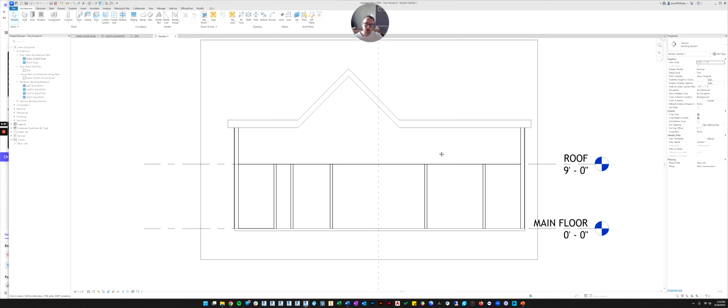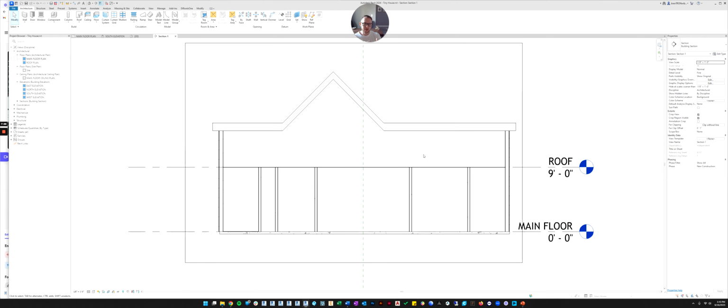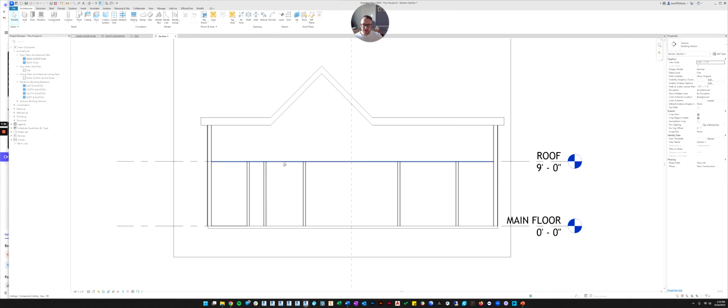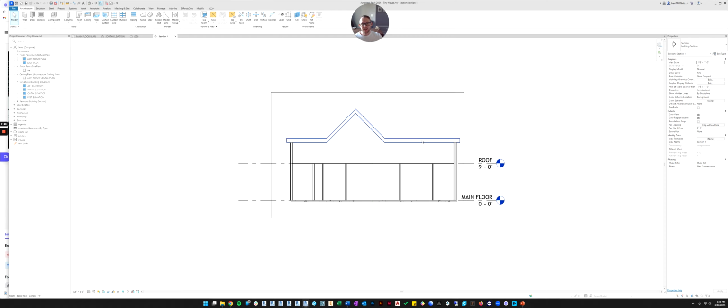But in a commercial project, you don't put the ceiling on the bottom of the roof joists. You hang them down. You use that acoustical ceiling, and it hangs down to whatever level you want. So typically in a commercial application, you would want the ceiling to be based on the floor and not the roof. Okay, so that's all you need to do to edit a ceiling and make it customizable.